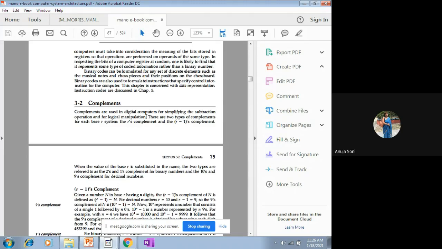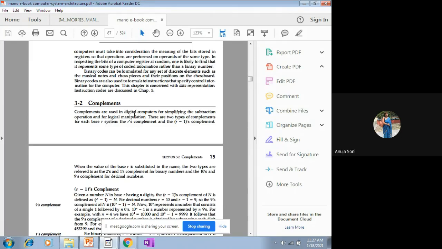So this is the way the subtraction has been made feasible in the systems. Again, I am repeating how the subtraction has been made feasible. It has been made feasible through the complements. Through the complements means always the complement is to be taken of the negative number, and the complemented value of the negative number is then added to another given number in order to find the subtraction of two numbers. So this is the way subtraction is performed, and this is the reason